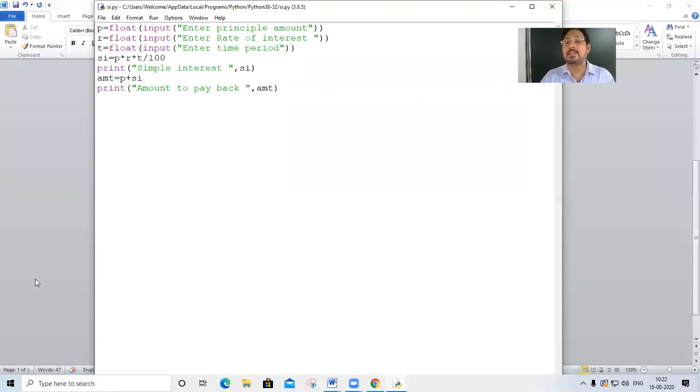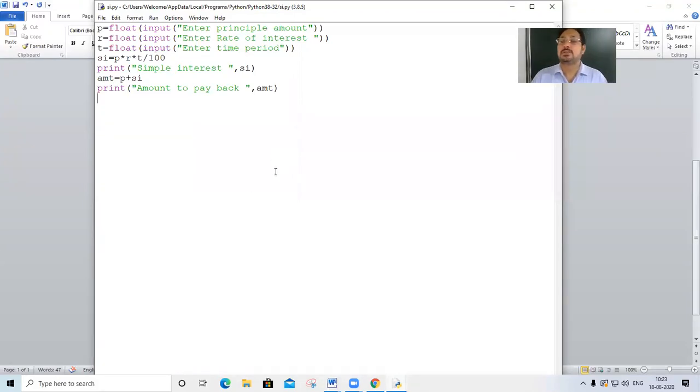Then we started the different types of tokens. The different types of tokens are: I have started with identifiers, keywords, literals, variables. Today I am starting operators, but I will not complete it today.